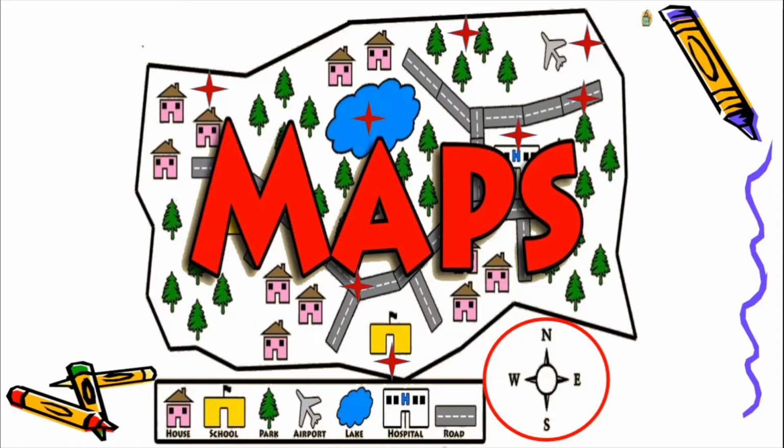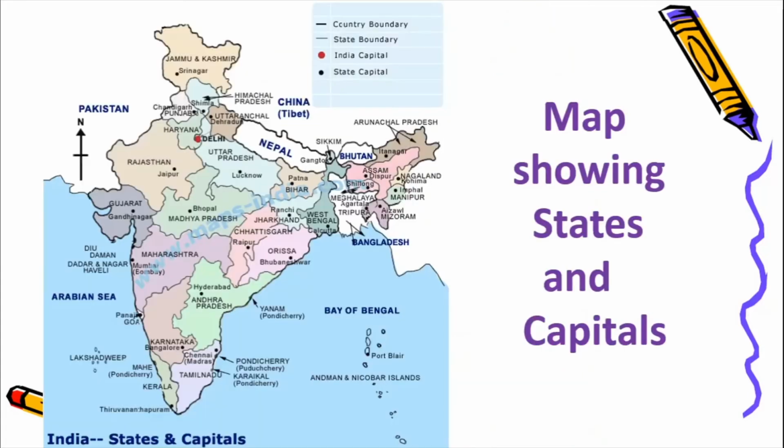Let us see some more interesting things about a map, and let us see what these symbols are called. So these symbols are also called by certain names. So what are they? So before that, let us look at this map of our country. Now on this map you will see various things. For example, see the red dot here shows the capital of our country. What is the capital of India? It is New Delhi. So you can see here New Delhi represented by a red dot.